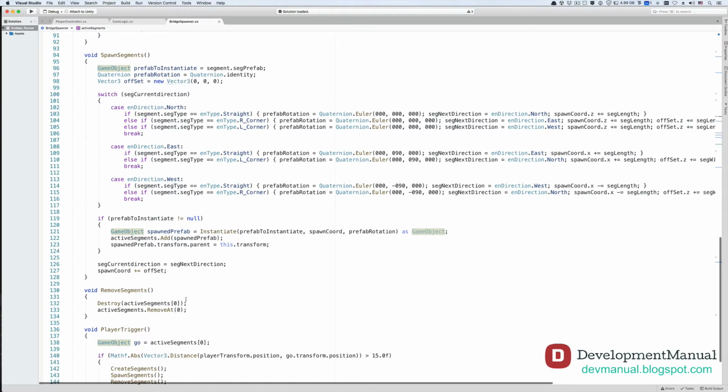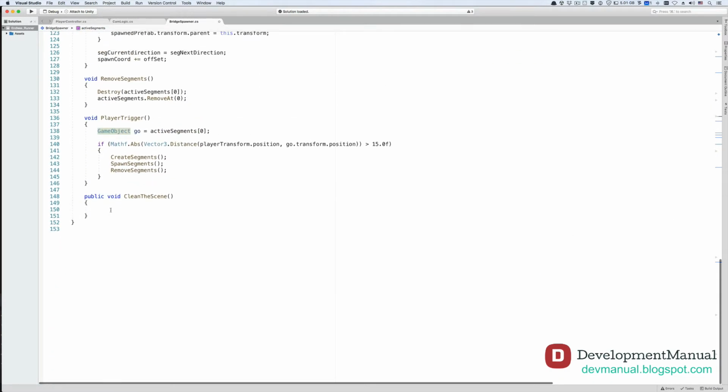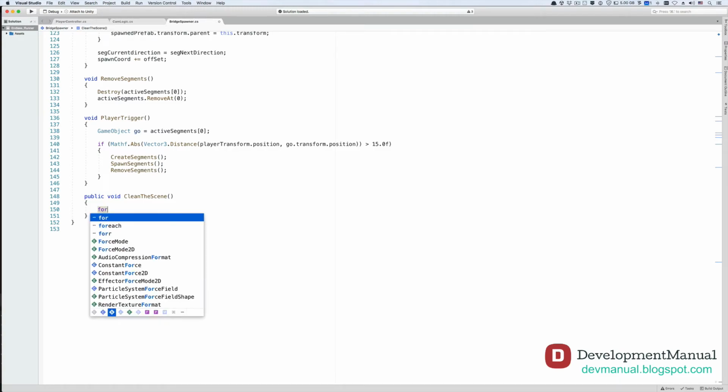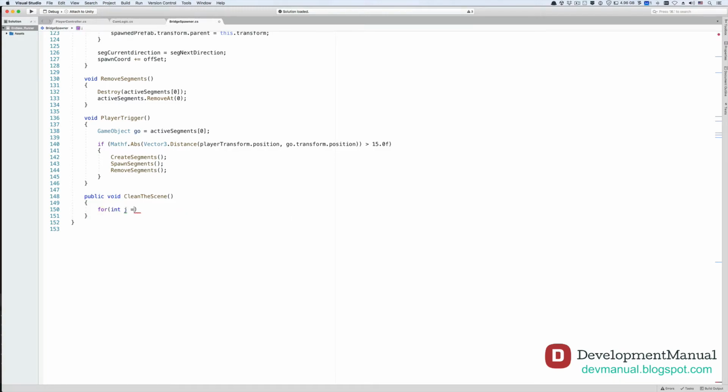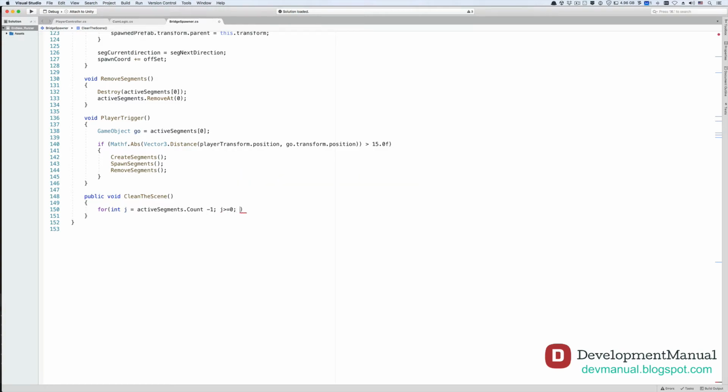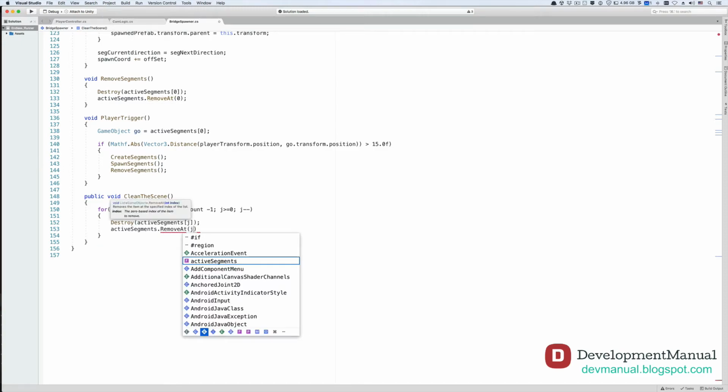So let me show you how we can clean a list variable in C# from all of its elements. We're gonna use a for loop to accomplish that. It's gonna look like I'm doing something that I can't explain, but bear with me and type the following. For, open a pair of parentheses, j equals activeSegments.Count - 1; j >= 0; j--. A pair of curly brackets, Destroy(activeSegments[j]); new line, activeSegments.RemoveAt(j);